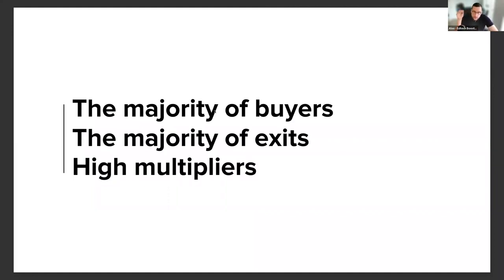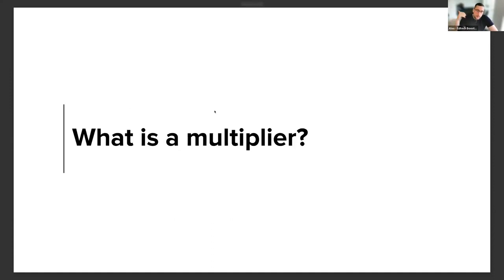Also, what I think is the most important thing to understand is that here in the US, you have high multipliers. What is a multiplier? This is a question you should ask yourself. Don't commit my mistakes, because I didn't ask these questions of myself during my 12 year journey. The multiplier is the most important question when we speak about capitalization. It's basically a number which defines your capitalization.